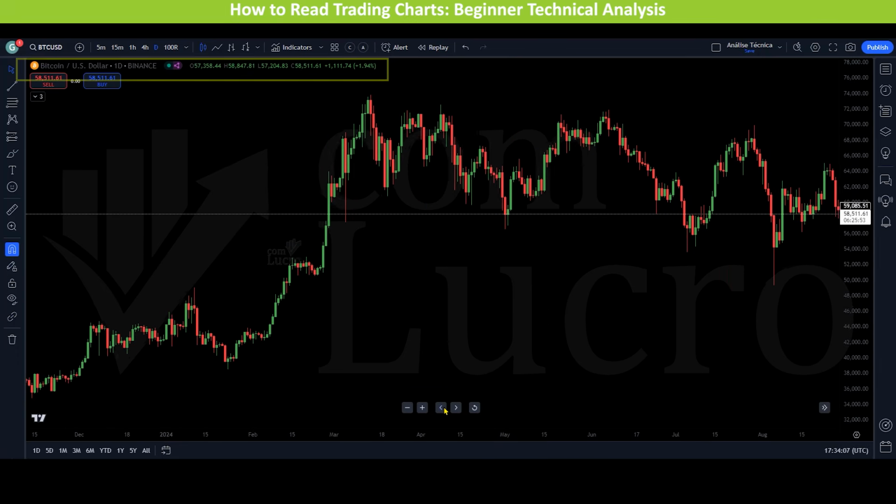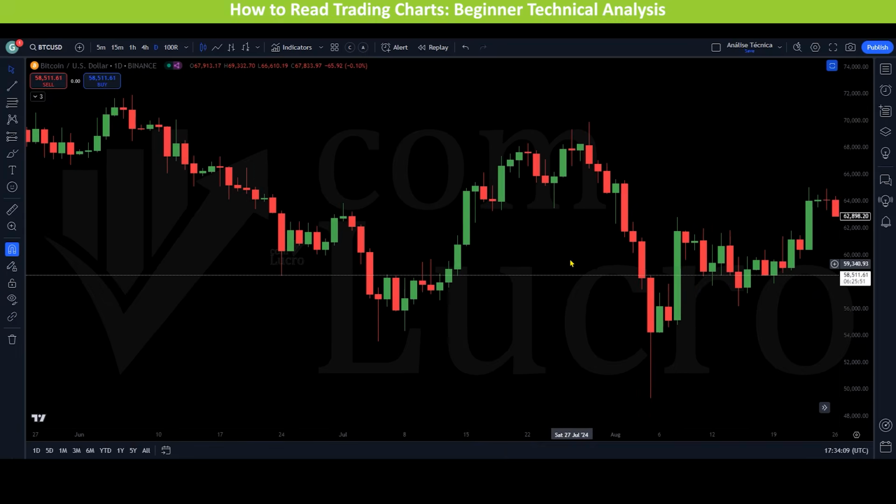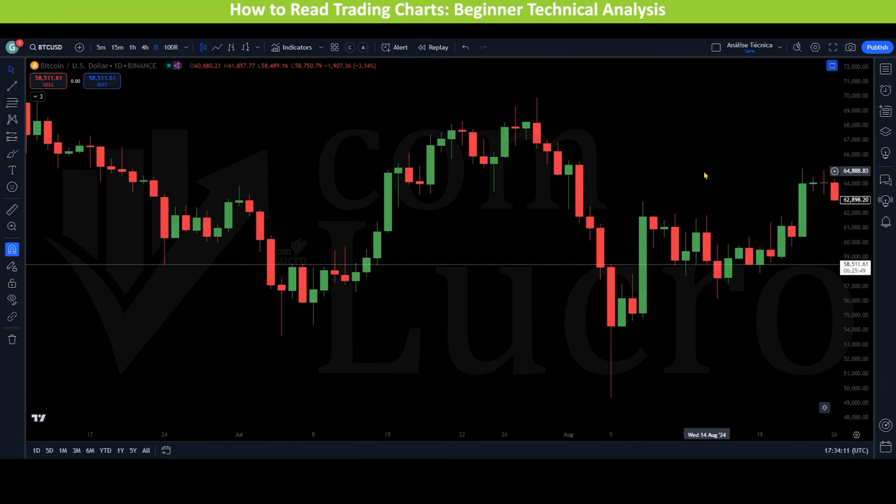But the information is presented in a more visually intuitive way. The body of the candle shows the difference between the opening and closing prices. If the closing price is higher than the opening price, the candle is usually colored green or white. If the closing price is lower, the candle is typically red or black. The thin lines above and below the body, known as wicks or shadows, represent the high and low prices during